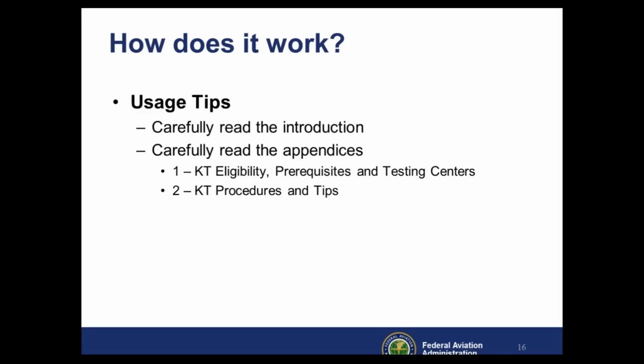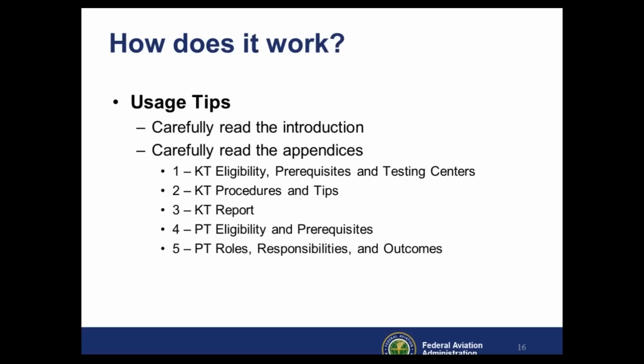Appendix 2 is knowledge test procedures and tips. Some interesting information in there, especially if you'll be taking a knowledge test soon, or recommending an applicant to go take the knowledge test. So that's a good one to take a look at. Appendix 3 is about the knowledge test report. Things such as how do you replace a lost copy and that sort of thing. Again, you don't have to read every word, but you might want to kind of peruse that appendix. Appendix 4 is the practical test eligibility and prerequisites. And this is essentially going to point you back to the regulation, the applicable section of Part 61, and just outlines when someone is eligible to take a particular Checkride.